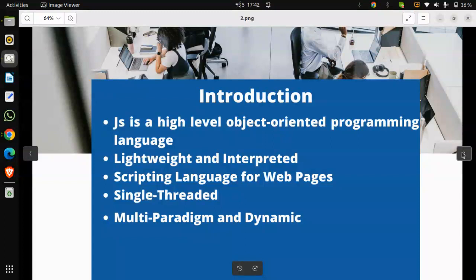JavaScript runs on a single thread, which means it can process one task at a time. However, it can handle asynchronous operations using callbacks, promises, and async/await. Okay,